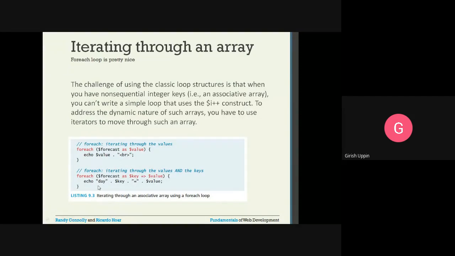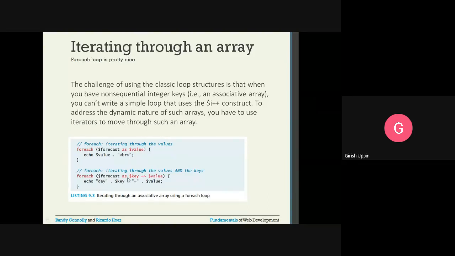So this is the code for values as well as the keys. Inside the parenthesis, $forecast as $key, then the mapping sign, equal and greater than, mapped to $value. When it gets the first key-value pair, the key is stored in $key and the value is stored in $value. So for the first element, $key is MON and $value is 40. That is what you are going to display in the browser.